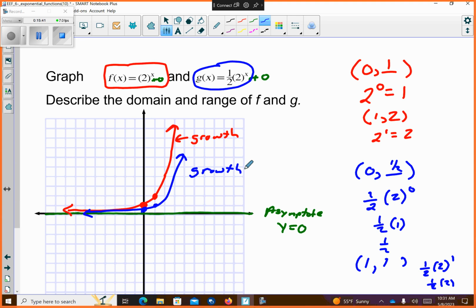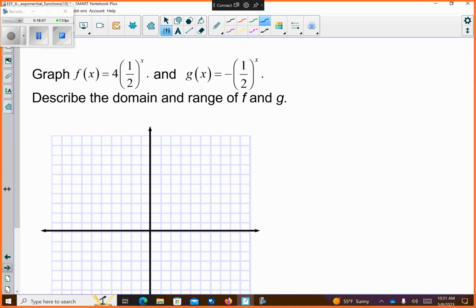So when we are dealing with these, we take a look. Am I adding or subtracting anything to the exponential thing? If the answer is no, then y equals 0 is going to be my asymptote. Then you're going to plug 0 in to the original to get one point, and then you're going to plug 1 in. It doesn't always have to be 1, but for the most part 0 is going to work, unless we start doing right-left shifts, but I don't think we have any right-left shifts that we're going to do. All right, ready?